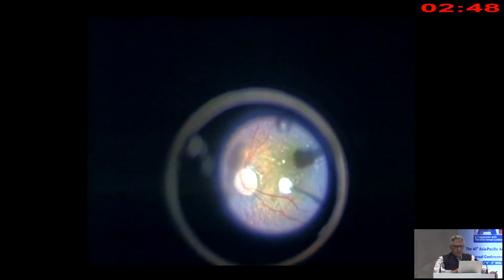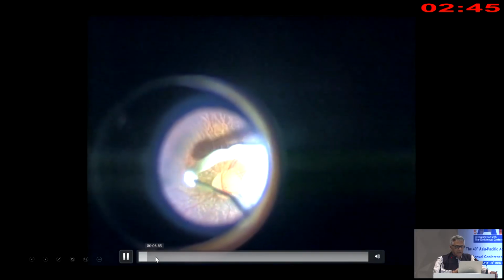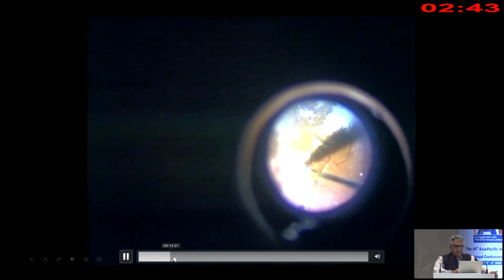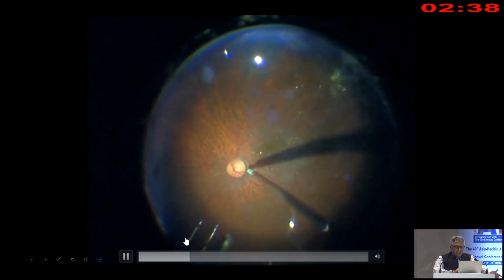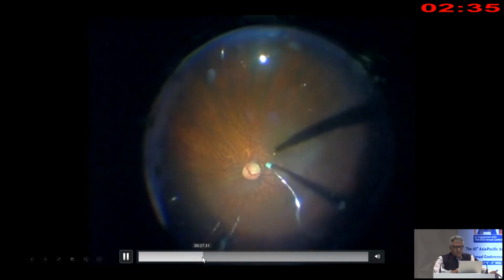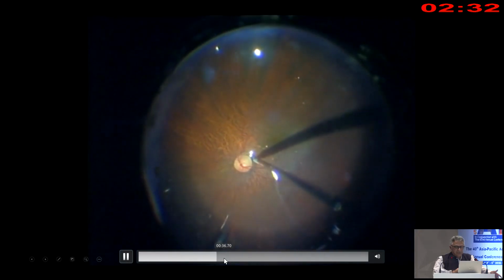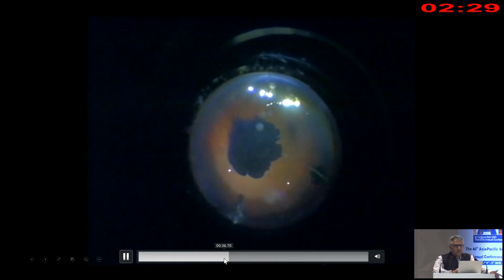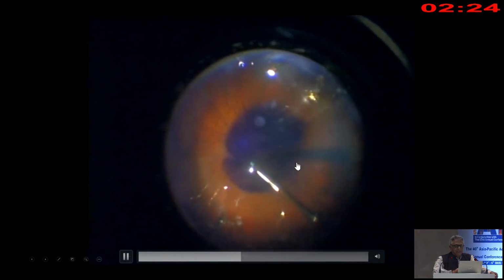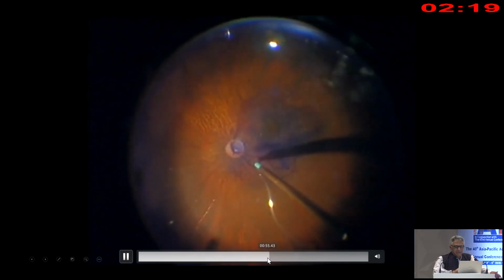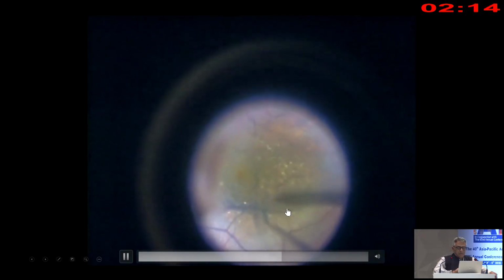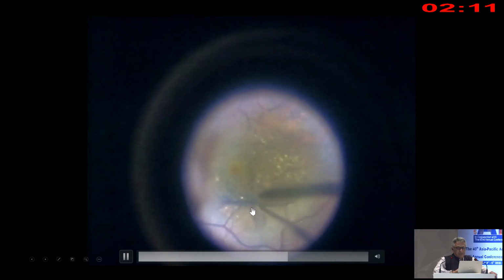This is another patient who has dry ARMD, as you see a lot of macular colloids. So we begin this surgery with triamcinolone assisted hyaloid peel, and after hyaloid peel I normally do air-fluid exchange. Under the air I will inject 1 or 2 drops of trypan blue. So this is air-fluid exchange being done, then 1 or 2 drops of trypan blue are good enough. Wait for 3 to 4 minutes, and under the air remove this excess of trypan blue. This is under air only, and once this air is removed, then this is taken out, put on the fluid, and this is a nicely stained membrane.